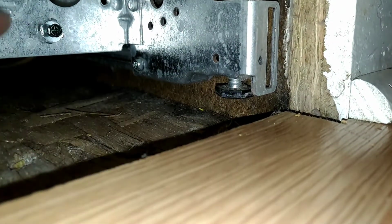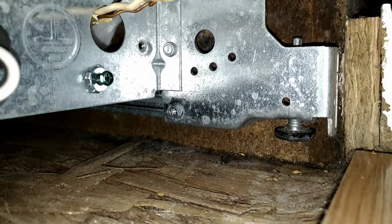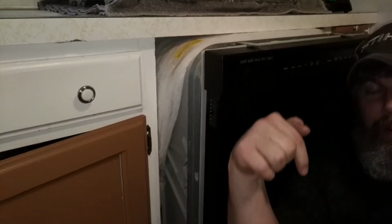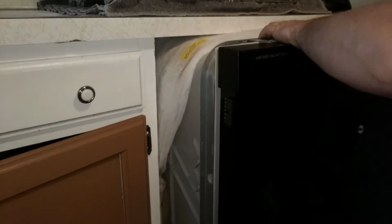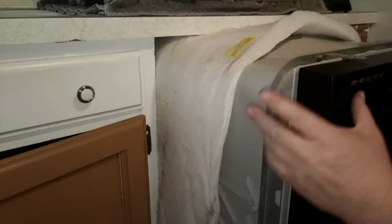See, I put this flooring in after I put this in. So in order for me to clear that, I am going to have to take all 4 up. Alright, so all I did was take the 2 front feet and lifted them all the way up. Now I'm gonna go ahead and try to shimmy this bad boy out of here. Beautiful. Now that I got it all the way out to here, now I can go ahead and reach these